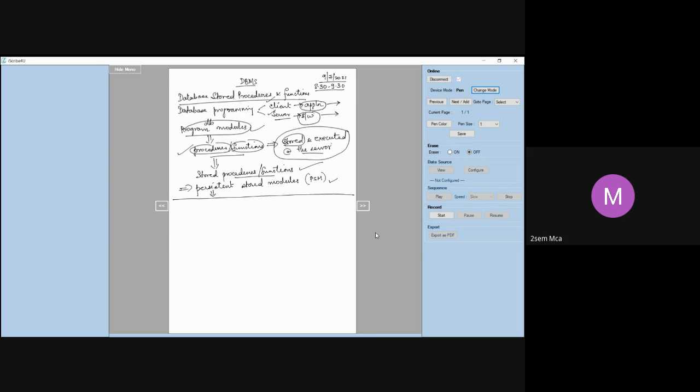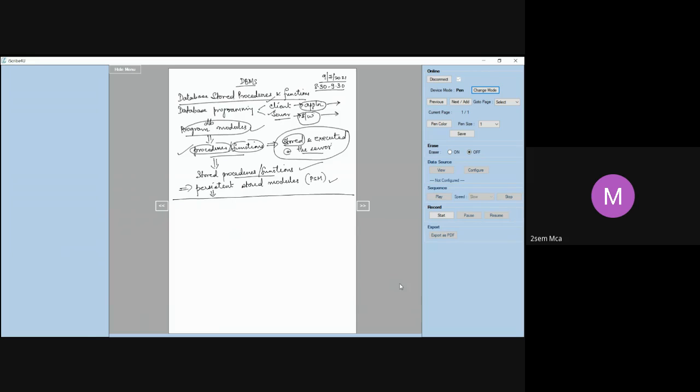Such program modules, you call them procedures, or you can even call them functions. Now, these procedures or functions or program modules, you call them stored procedures or functions. You also call them persistent stored modules or PSM. Why is this required is what we are going to see now.